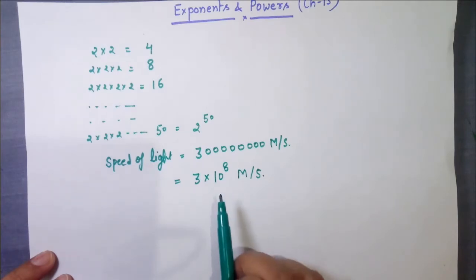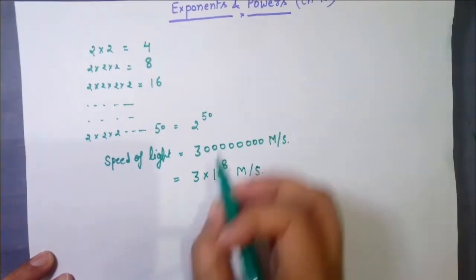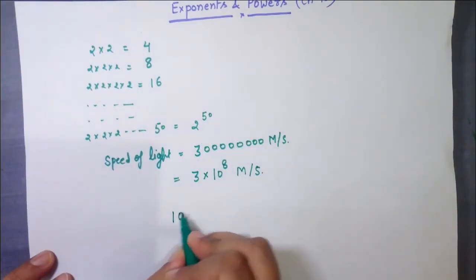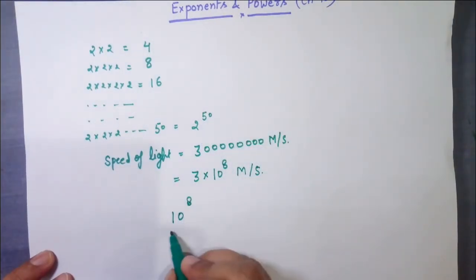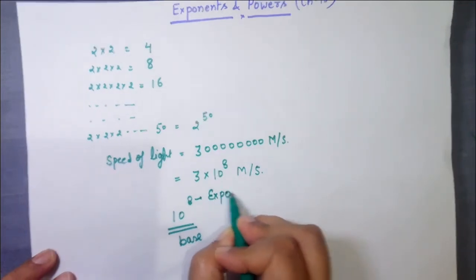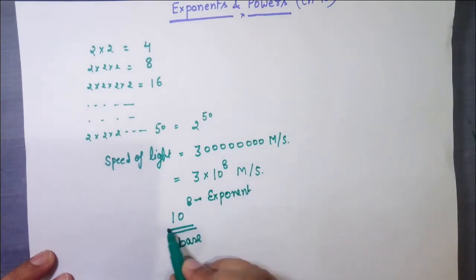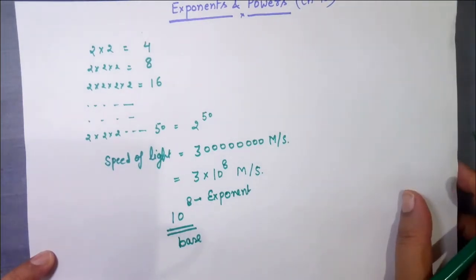So the distance from the sun to Mars or any planet from the sun, these are very big numbers. So it is hard to understand and compare them, and to do any operation is very difficult. So we use exponents to represent them, like 10 to the power 8. If we write a number 10 to the power 8, this is the base and this is known as the exponent. The power is known as the exponent and this is the base. So now it is clear.